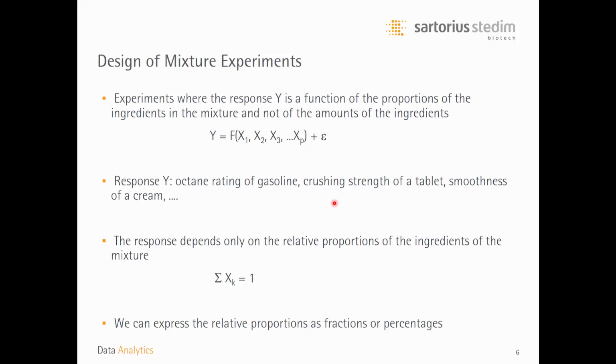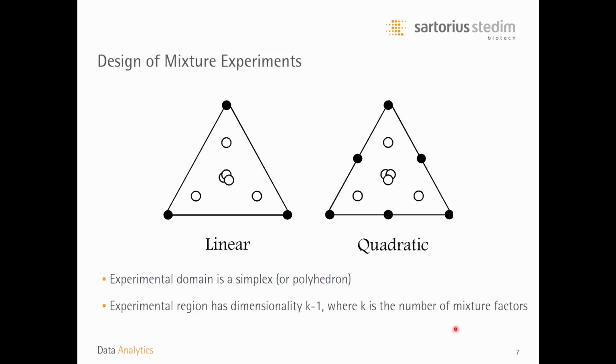And the reason for this is the so-called overall mixture constraint, which implies that the sum of all ingredients in the mixture is 1.0 or simply 100%. And because of this constraint, we can express the relative proportions as fractions or percentages. And when we deal exclusively with mixture factors, the experimental domain is no longer interpretable as a cube or a hypercube, but becomes interpretable as a simplex or a triangle or a polyhedron. And the important thing